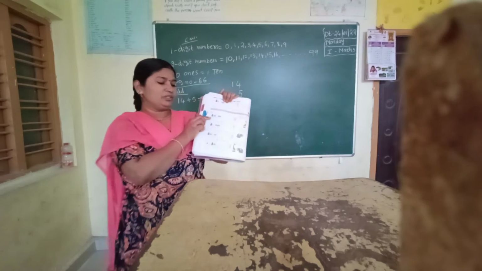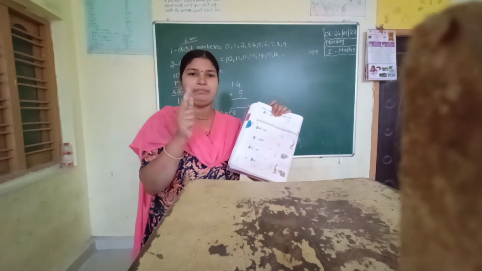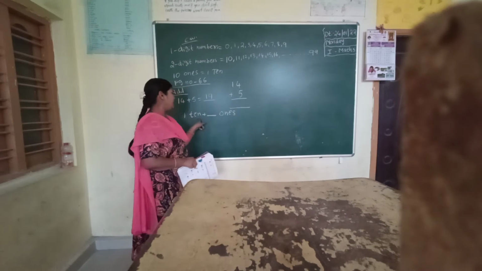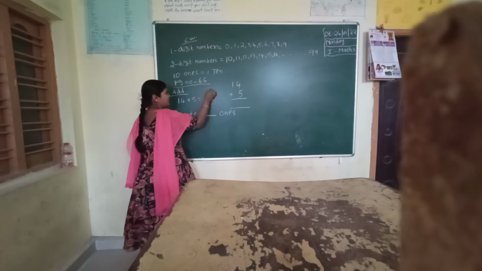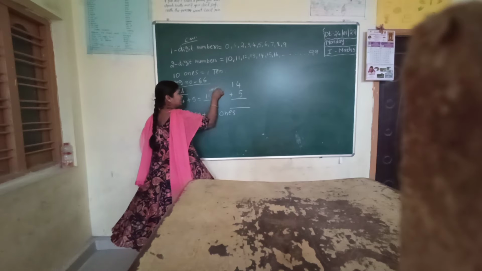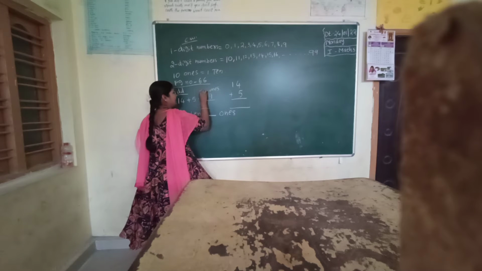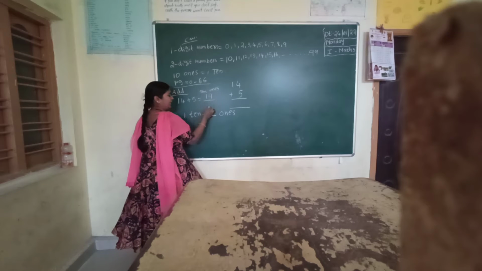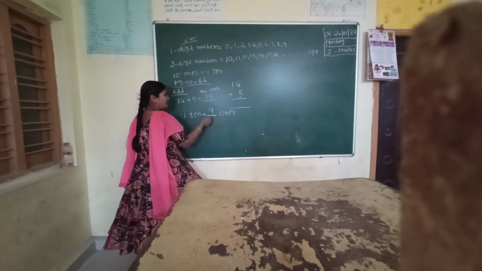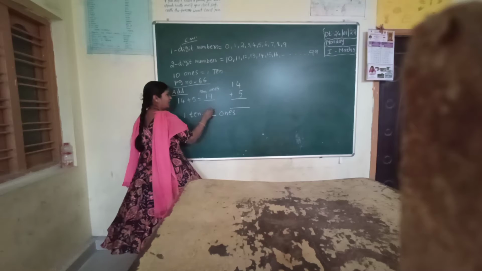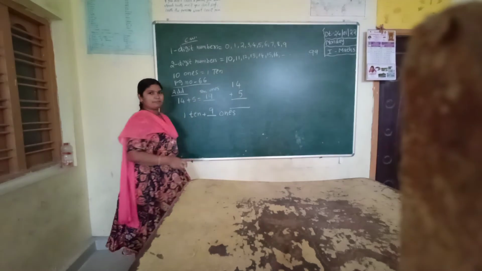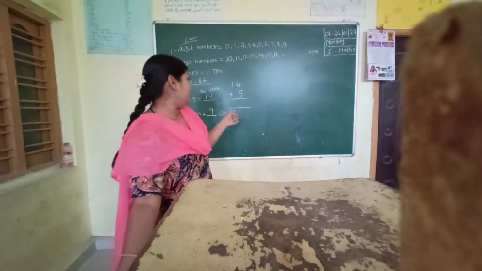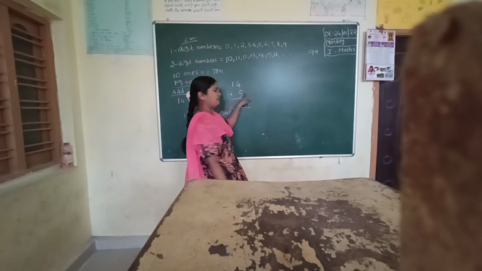And in your book they have given one bundle. One bundle means it is in the tens place. So 1 in the tens place, and the single digit is known as the ones place. The next digit means the tens place. Now, in the ones place, which number is there? 9. So write down 9 in the ones place. Already they have given 1 in the tens place, no need to write. Now add the numbers, 14 plus 5.